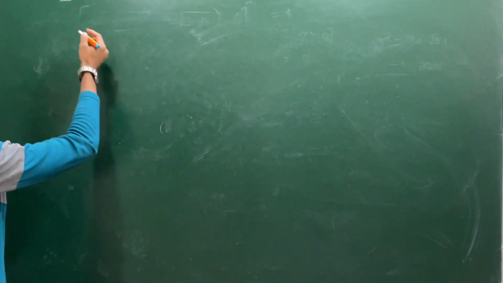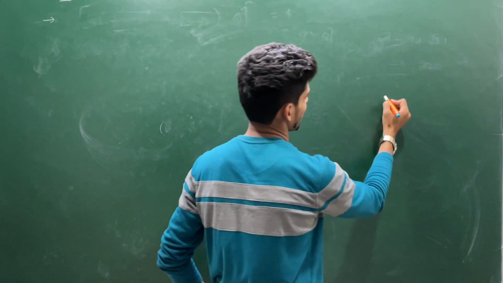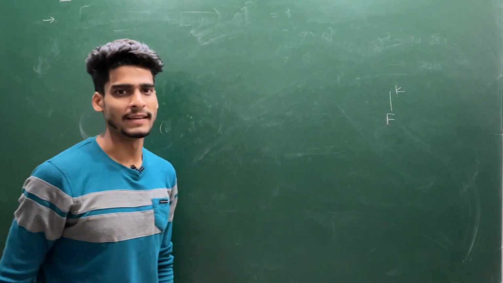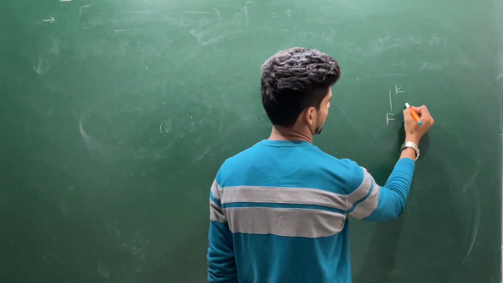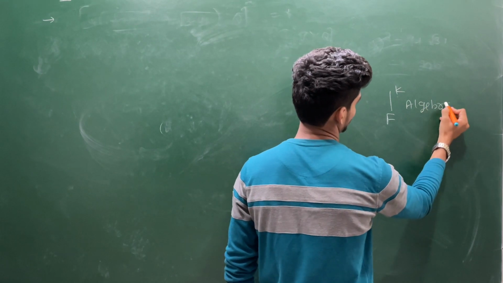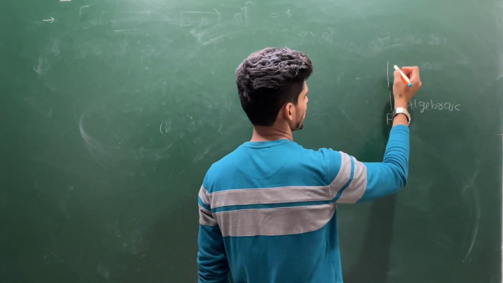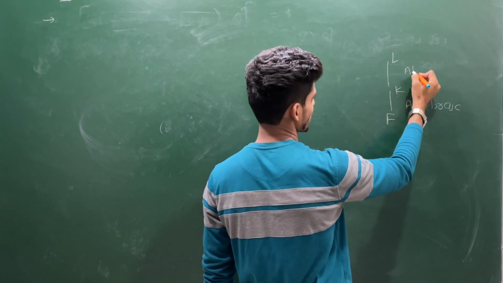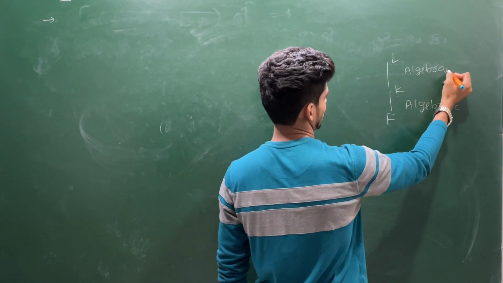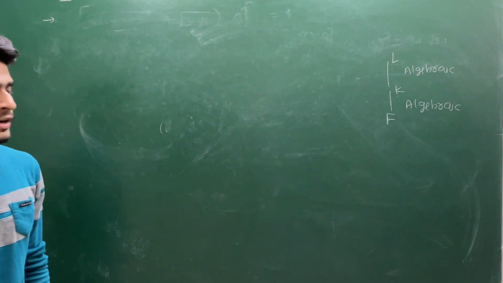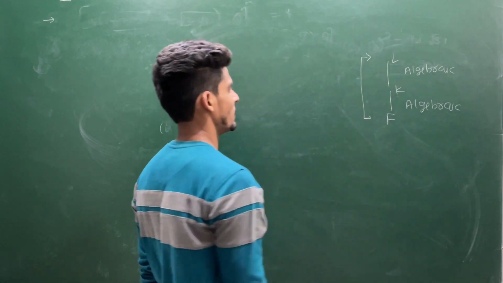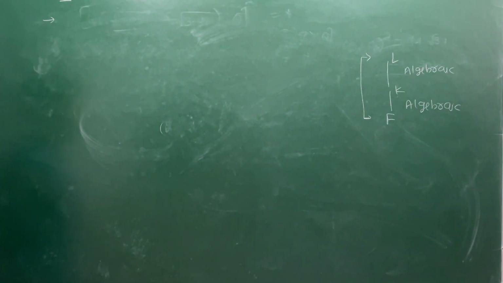Now let's see, suppose we have a base field F. Suppose this is a field K and I am saying this is an algebraic extension, and suppose this is an extension of K, let us call this L, and this is also algebraic. What can you say about L over F, whether this extension is going to be algebraic or not? What can you say about this?